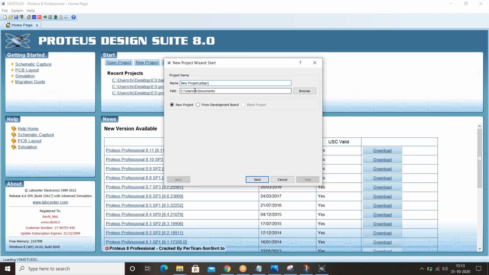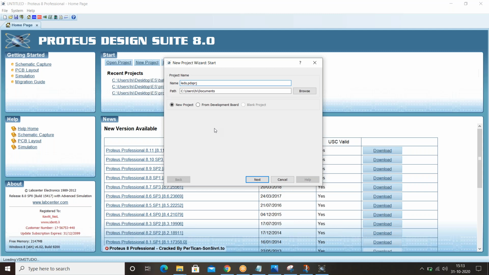Only in place of new project, whatever name you want to give for the project, you can give it, no worries. I just want to give LEDs because we are going with the basic LED concepts.